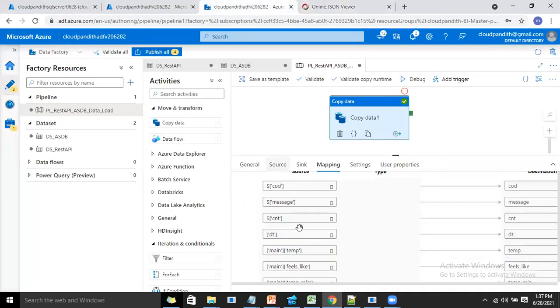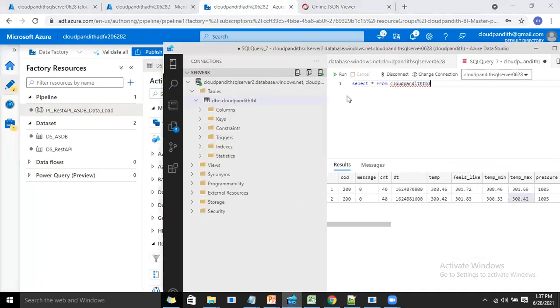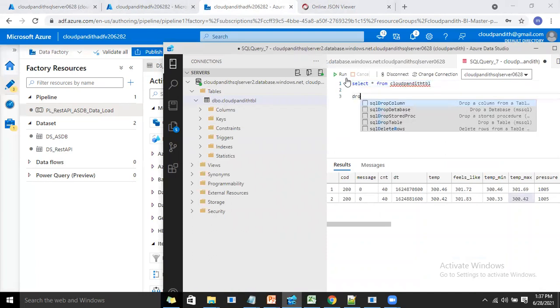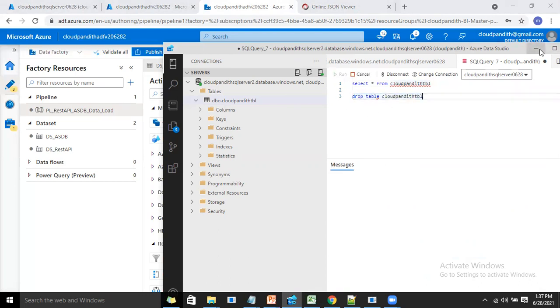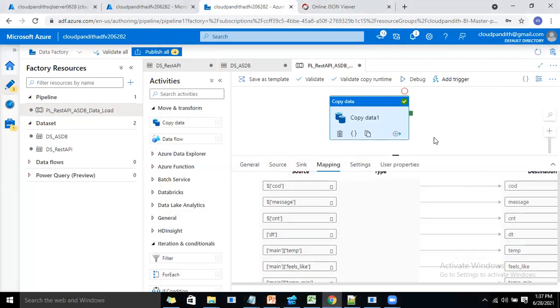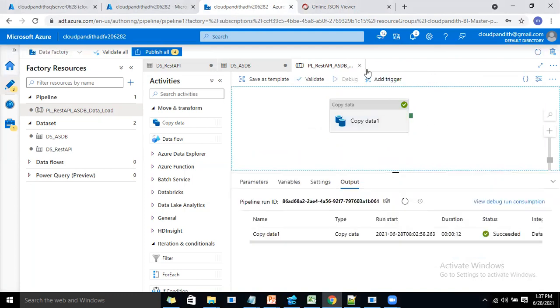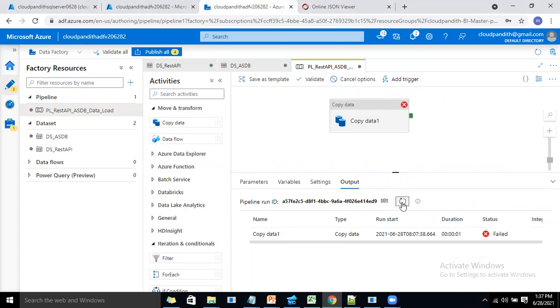Now, what I'll do, I'll go to this. Let's truncate, let's delete this table because anyhow we have created auto create table. Let me just delete and let's try to create a fresh table. But you can keep this table, no issue. You don't need to delete it for this. Run it. Okay, command completed successfully. Table is deleted. Now let's try to debug once again. Now you will see all the collection of items will be available within your Azure SQL database.